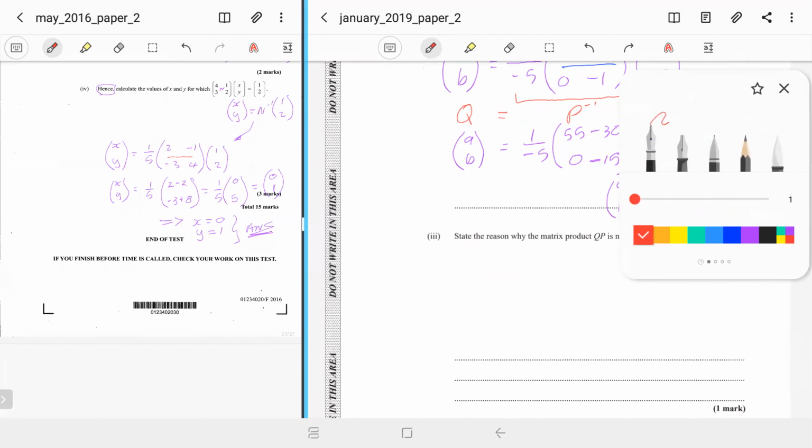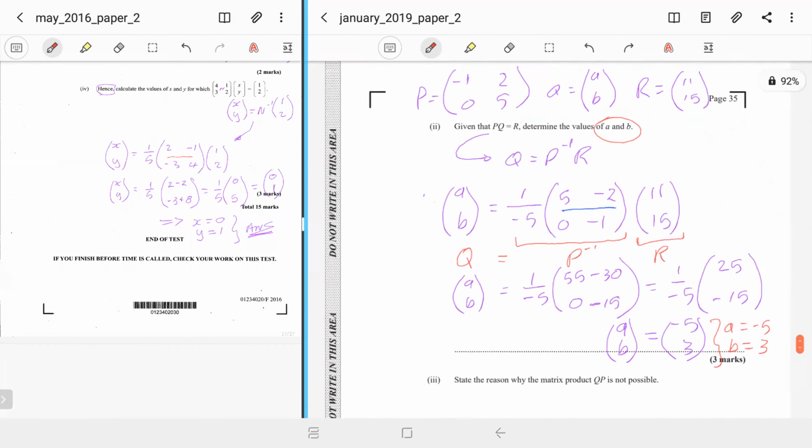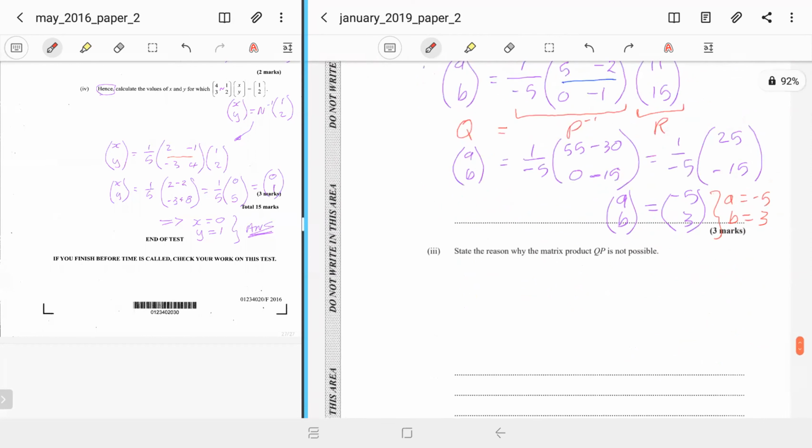Can anybody tell me why QP is not possible? Let me write down Q and P. Now Q is, work out Q. This matrix is Q, you know. So Q is -5. Write it out. QP would be